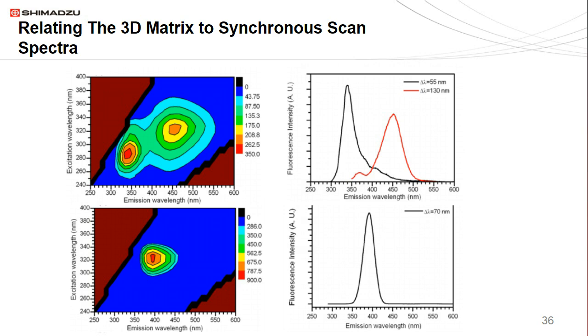So this is clearly a simple one peak compound because it's going to give you a single synchronous peak both at small and large delta offsets. The figure above is clearly composed of two that you can see from the contour plot, and that kind of shows up in the large offset 55 and 130 delta offset synchronous scans. So you can see how using synchronous scanning and three-dimensional scanning kind of go together to extract the maximum amount